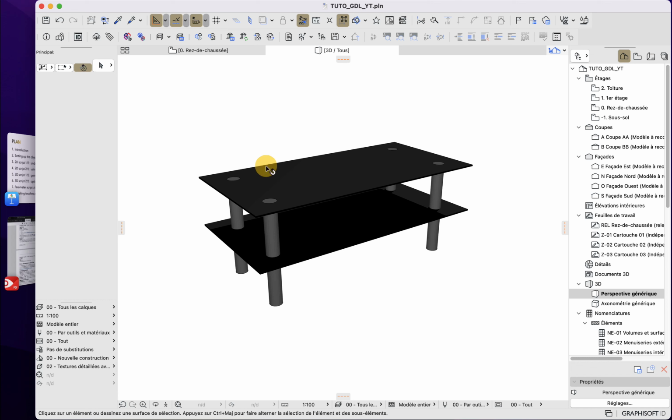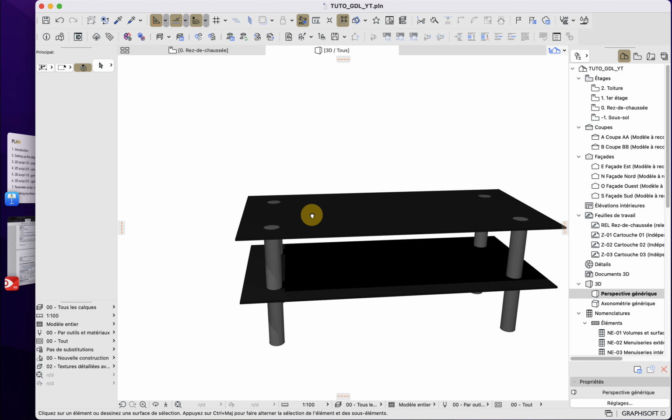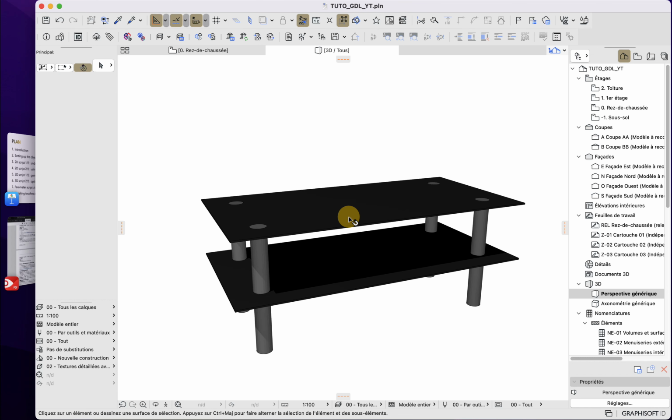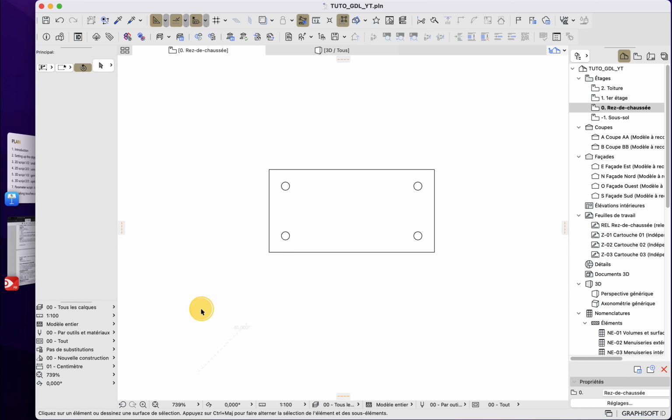What we will be able to do with this, well, we will be able to make this coffee table here. This table will have a 3D and 2D representation here.